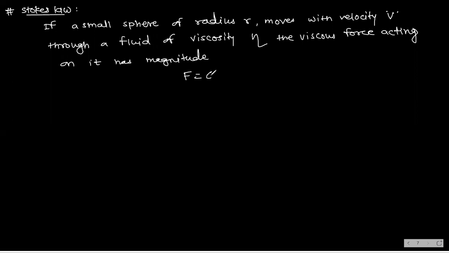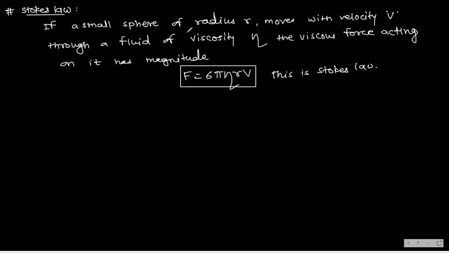F is equal to 6 pi eta r v, and this is what your Stokes law. So this force is nothing but the viscous force. The viscous force formula is 6 pi eta r v. r is the radius of the sphere, v is the velocity. Now let's see